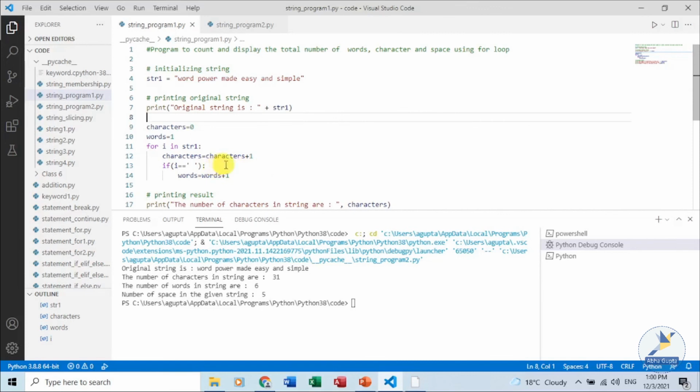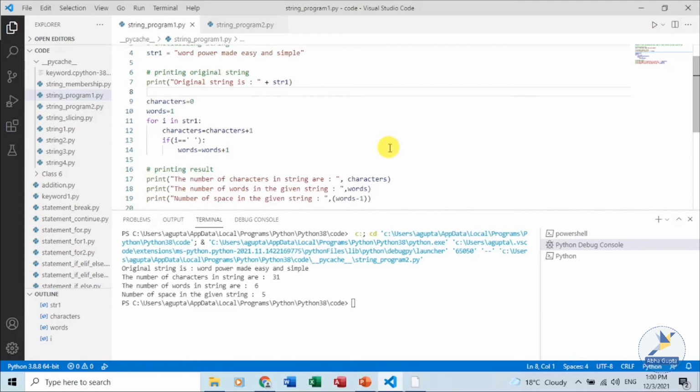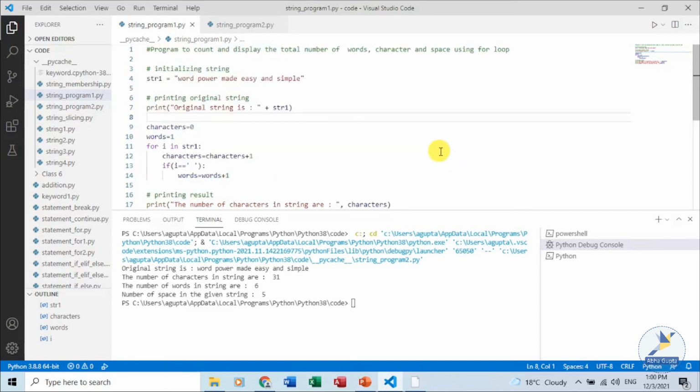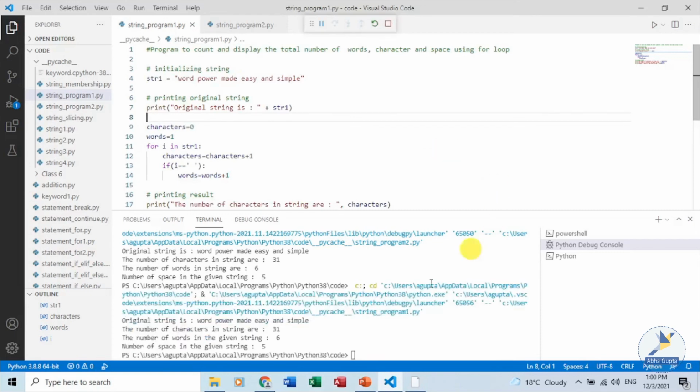If we encounter a space, we count the number of words. Then printing the result, characters we have calculated, number of words we have calculated, and if we subtract one from the total number of words, we will get the number of spaces. If we execute this program, we'll get the same result as above. So either we can use the built-in function, or we can make use of for and if to write the program.